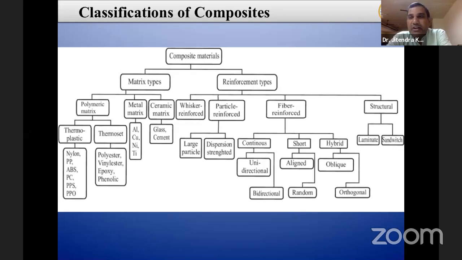And according to the reinforcement, what type of reinforcement we are adding, either we are adding fiber or we are adding particles. These particles may be micro, macro, or nano size. So if we add nanoparticles in any composite matrix, then that type of composite is known as a nanocomposite. So don't get confused in this nanocomposite. Only one constituent is at the nano level in that particular composite. So that's why it is known as a nanocomposite. It means we just add nanoparticles of a size of a few nanometers, then that composite is named a nanocomposite.